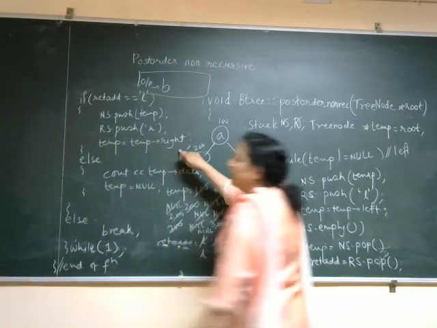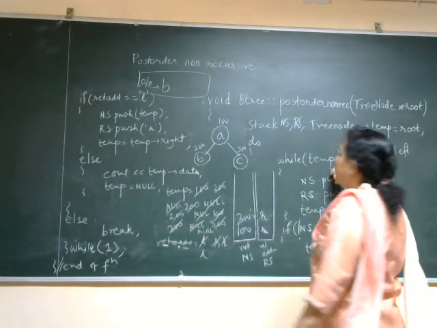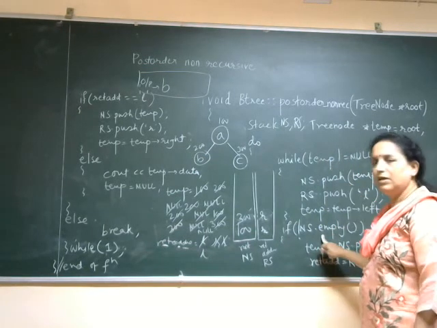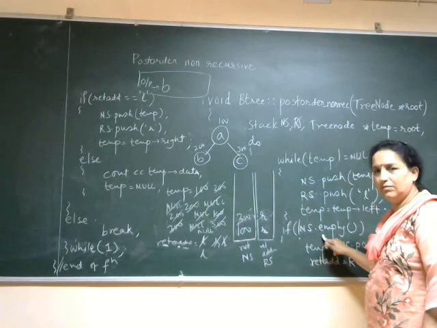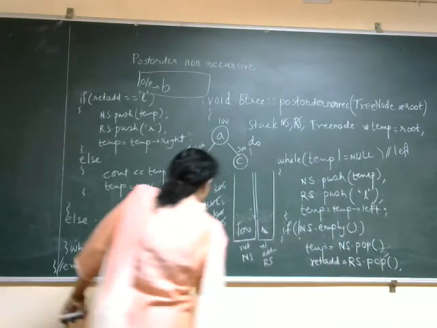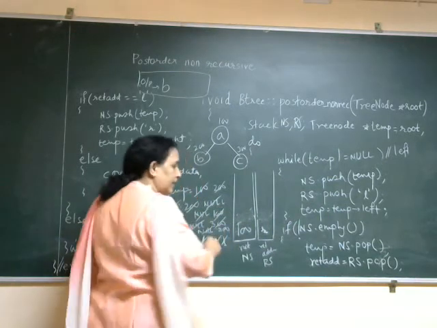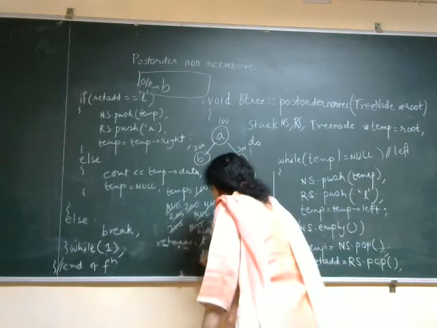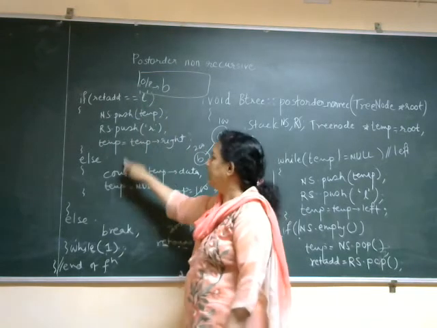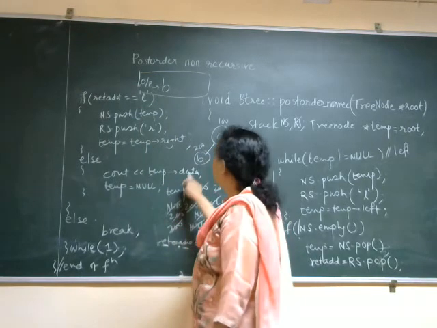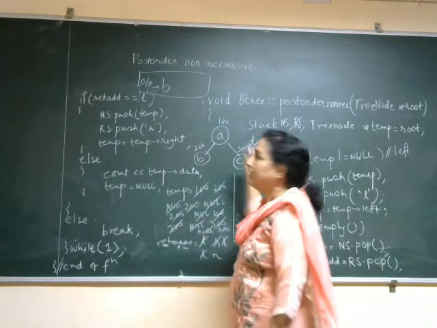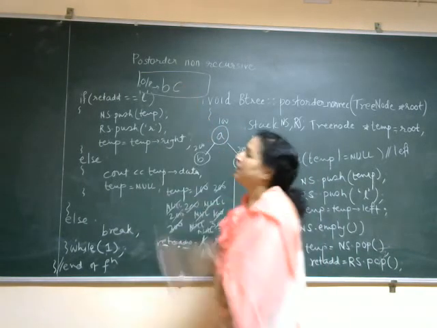So again I will come over here. Now temp's right, temp is none. So is the stack empty? No. So I pop this value, 300 with R. Now what is the value of temp? That is 300. What is the return address? R. So I come to this. Is it L? No, it is R. So I display the temp pointer data. What is temp? 300. The data for that is C.